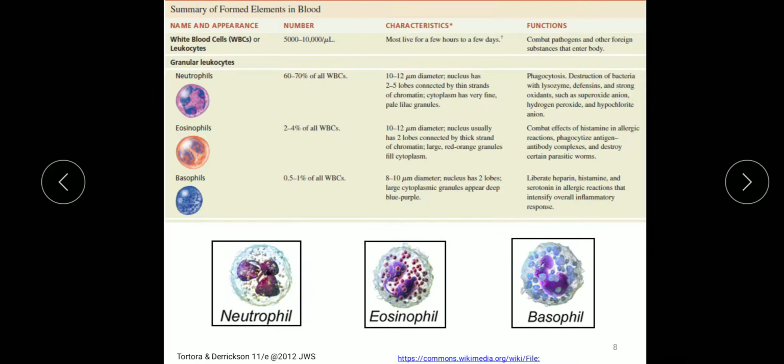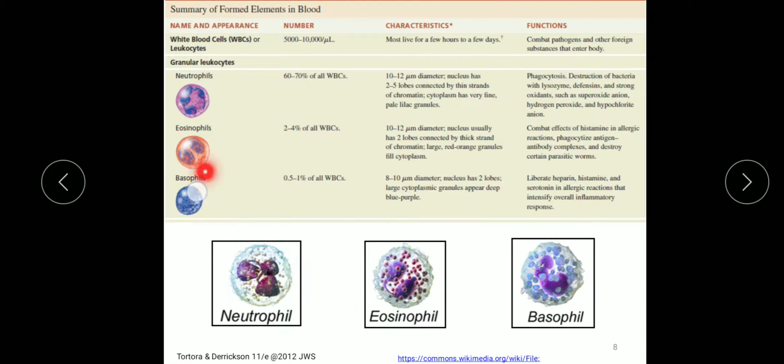Each eosinophil leaves the capillary and enters the tissue fluid. They are believed to release enzymes such as histaminase that combat the effect of histamine and other allergic substances involved in inflammation during an allergic reaction. Eosinophils also phagocytize antigen-antibody complexes and are effective against certain parasitic worms. A high eosinophil count often indicates an allergic condition or parasitic infection.